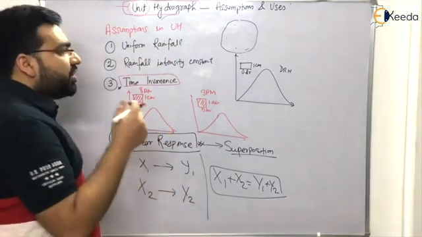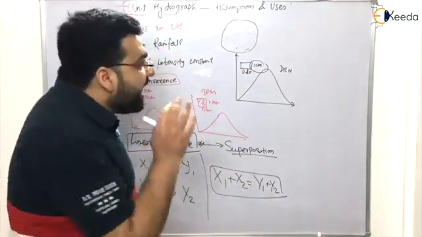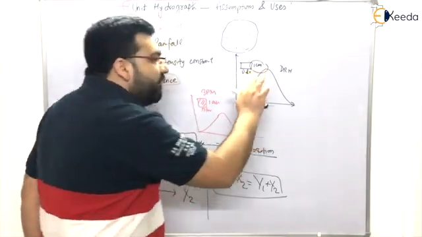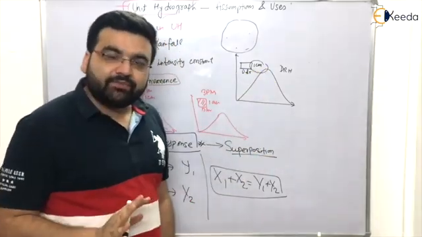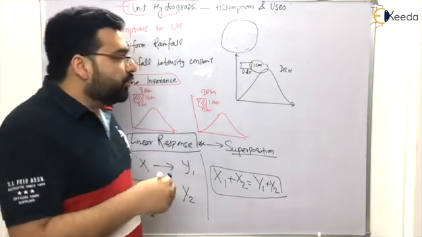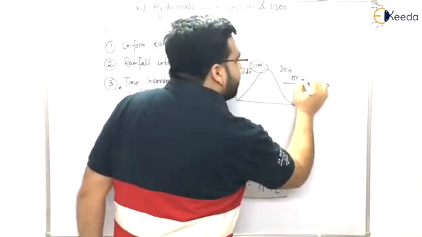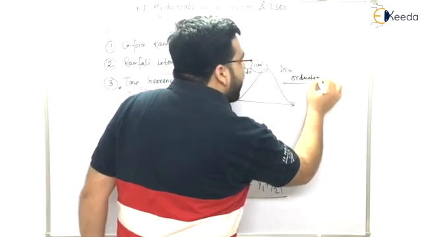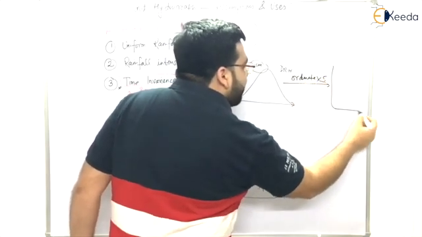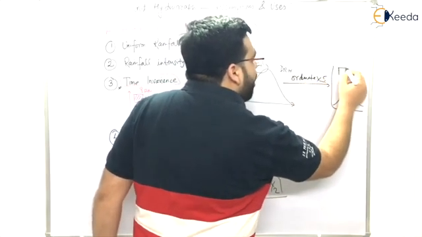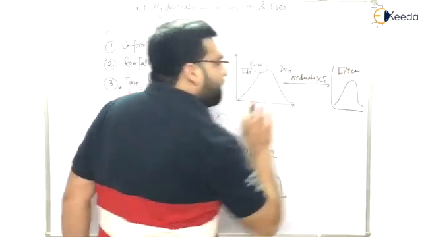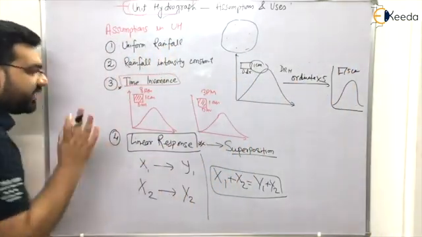Now, if an examination asks you to determine a direct runoff hydrograph of, let us say, 5 centimeter of rainfall, then what will you do? You just have to multiply the ordinates with 5. Simple. You just have to multiply the ordinates with 5 and you will get a direct runoff hydrograph of 5 centimeter rainfall. Simple.